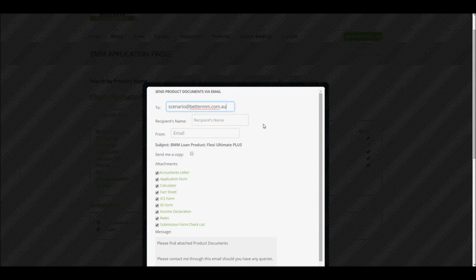scenarios@bettermm.com.au. Next, enter the name of the person you are sending this application pack to in the white text box. For this example, I'm going to use a popular pseudonym, John Smith. Now, to make sure whoever is receiving this application doesn't think it is spam, you will need to enter your email address in the white From box. Once this is complete,